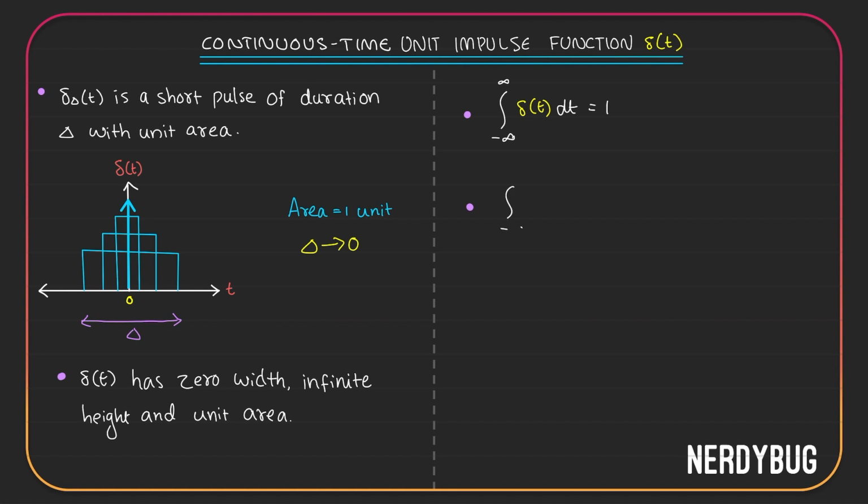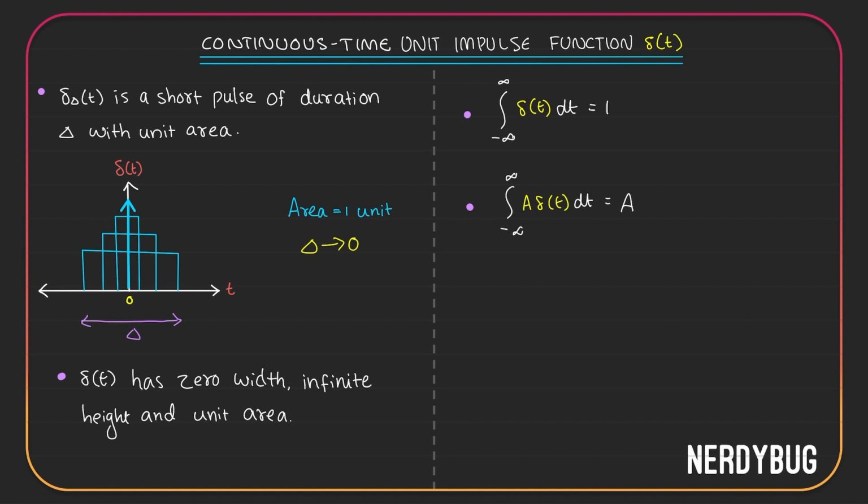What if I take integral minus infinity to infinity a delta of t instead of delta of t? It's pretty obvious because a is a constant. You can take that outside. Again, what you have is integral minus infinity to infinity delta of t dt, which you already know is 1. So this will simply become 1. You could tell me that this is a very trivial result. You didn't have to do it because you are all very smart people. But trust me, after some time, we'll be doing some examples and learning some properties of impulse function. This knowledge will then come in handy.